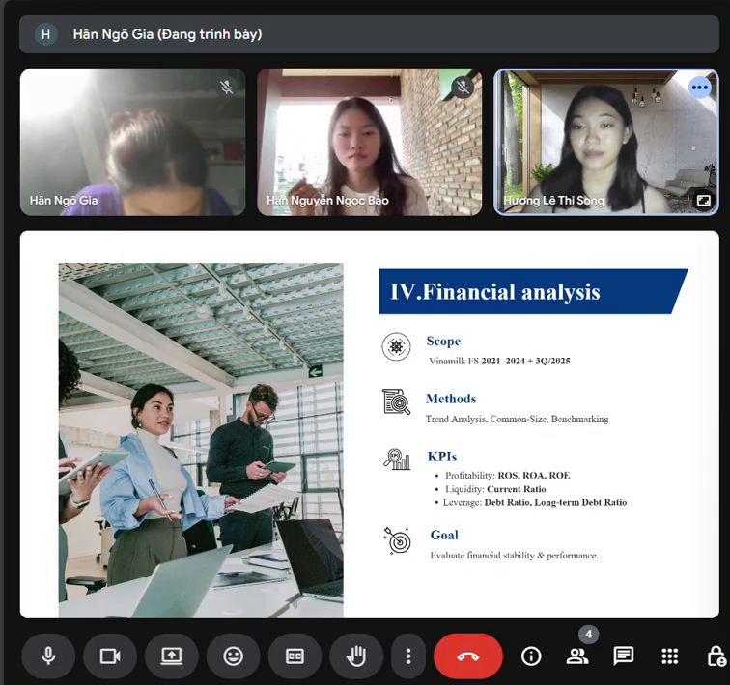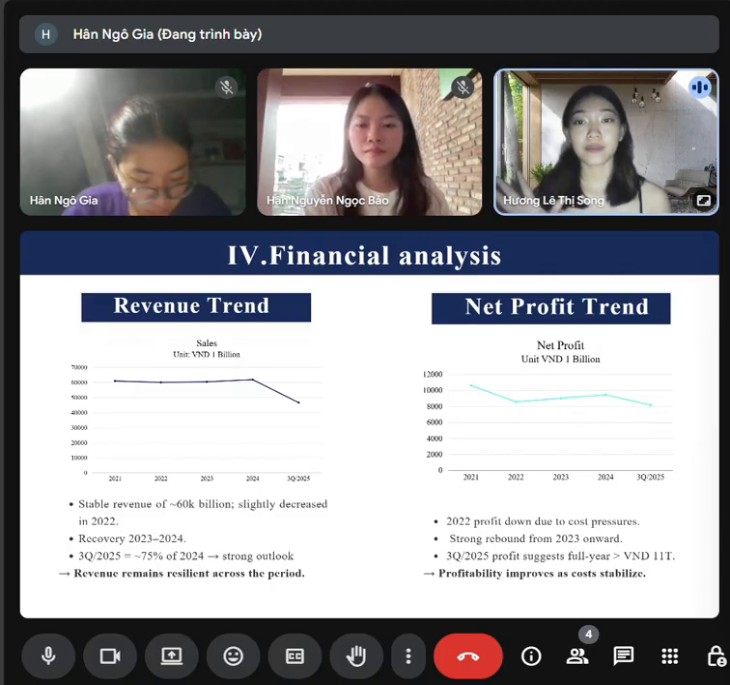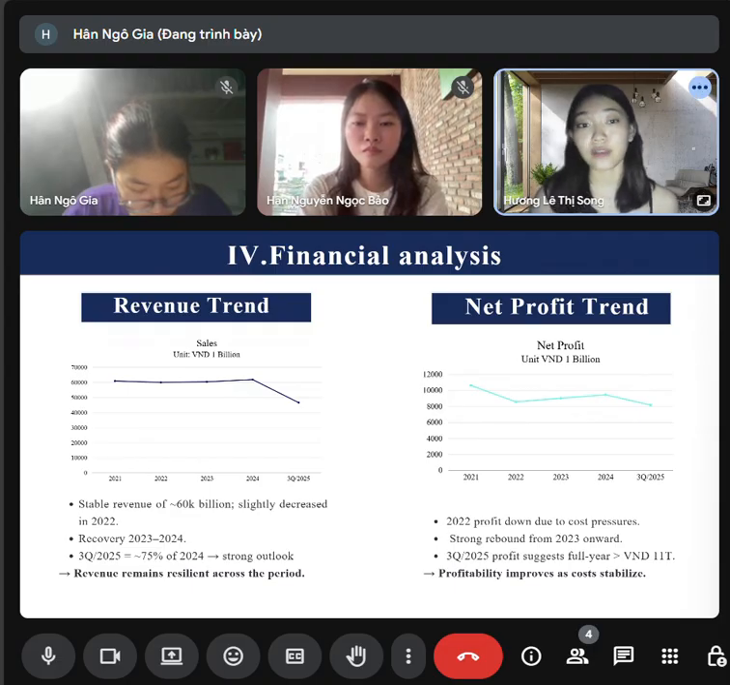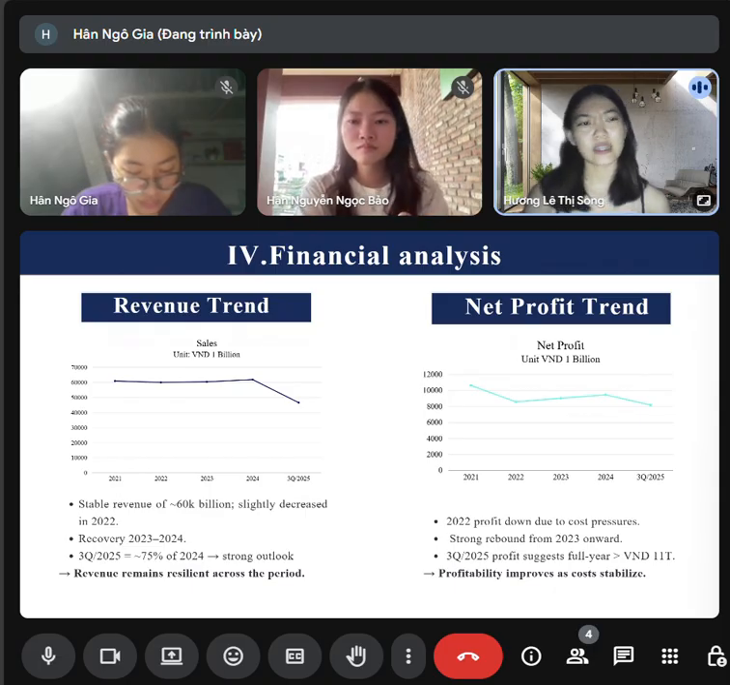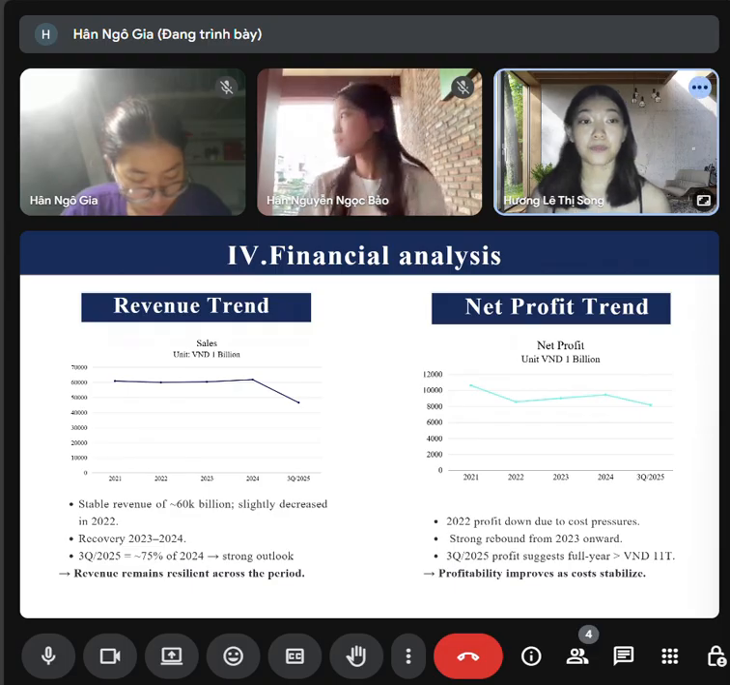Move to the revenue and profit trend. Next slide. You can see the first line chart about the sales, and beside that, net profit. In terms of revenue, Vinamilk maintained around 63 trillion Vietnam dong and increased slightly in 2022 and then recovered from 2023 to 2024. By 3 quarters of 2025, revenue had reached 75% of 2024, showing the positive